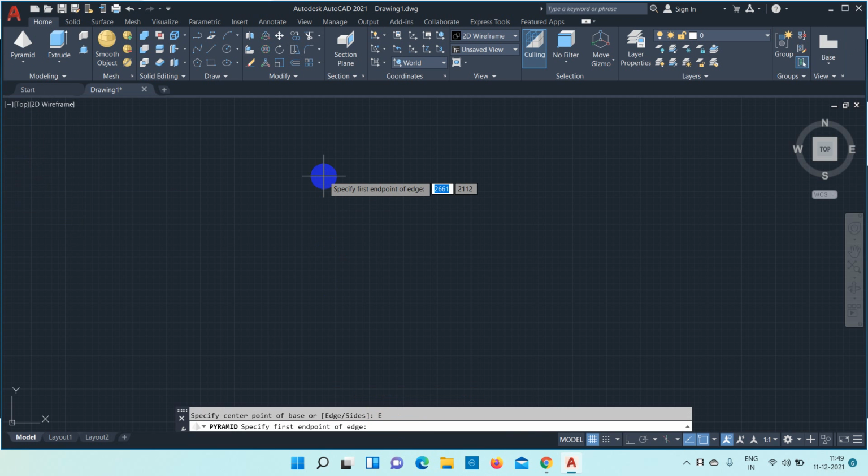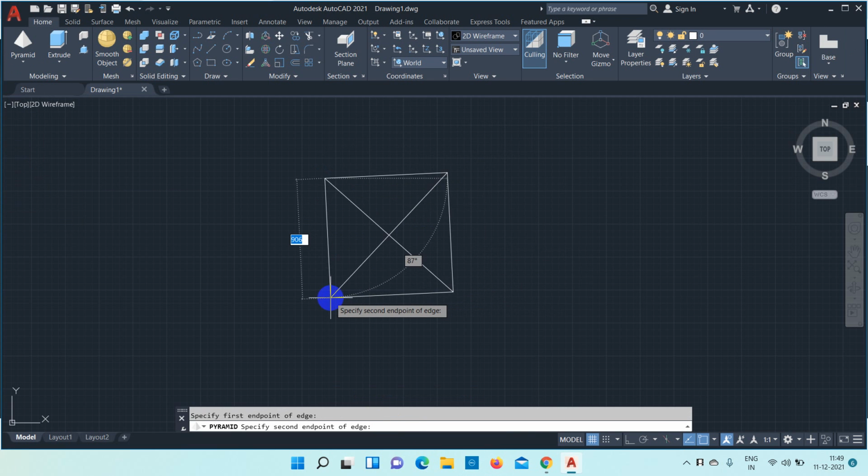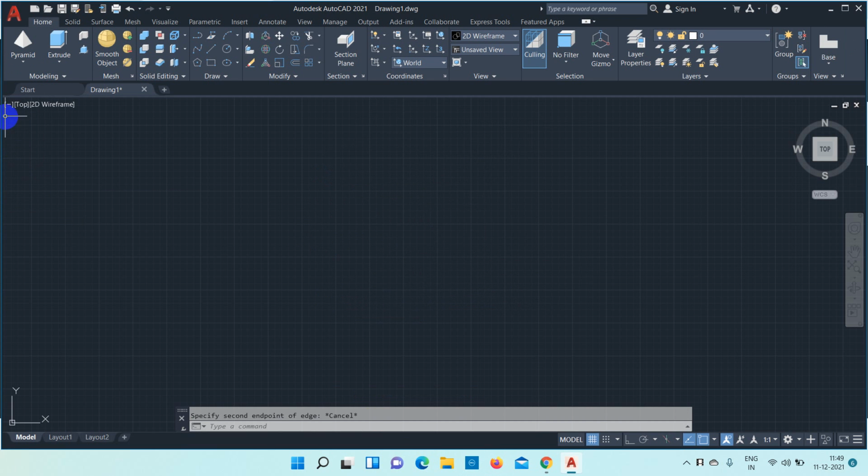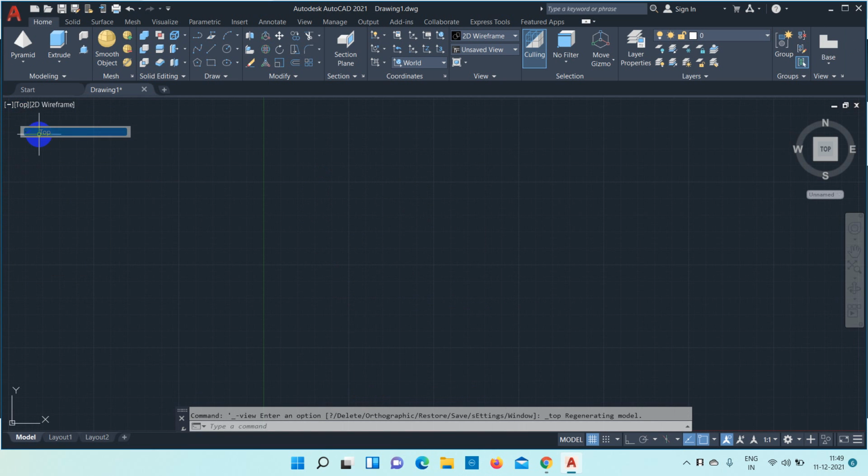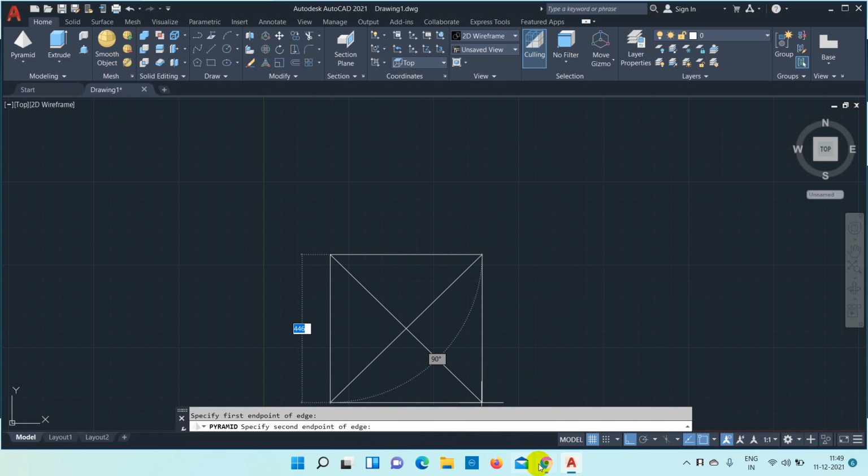Edge, first endpoint. Before that, make sure the top view is selected and ortho is on. So click pyramid, click number of sides as 4, click edge, and you can just construct.